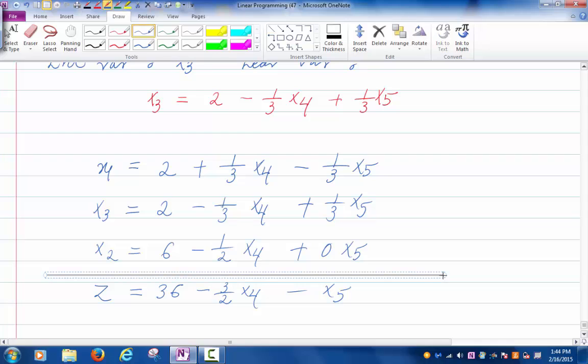Yes. As soon as all the coefficients of the nonbasic variables become negative, they will remain negative even if you try to do another dictionary. Which means that you have arrived at the final dictionary, and 36 is the optimal value of that objective function. Now what I want to do is sort of say,